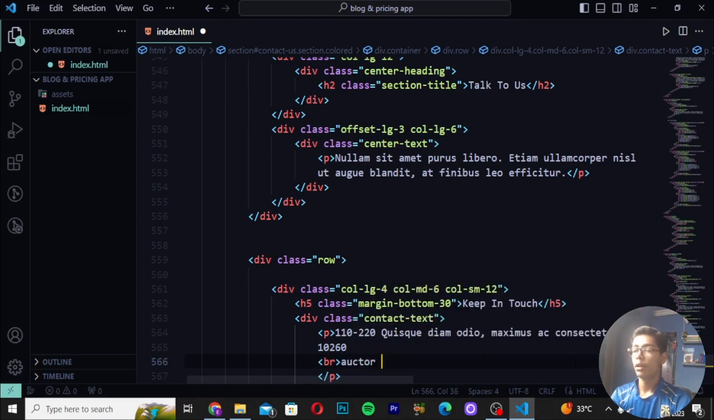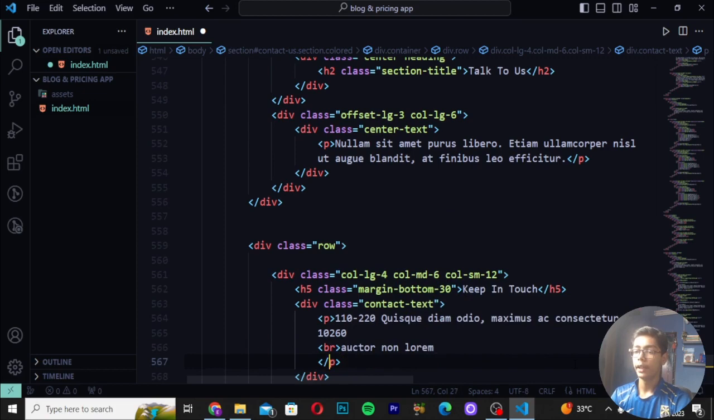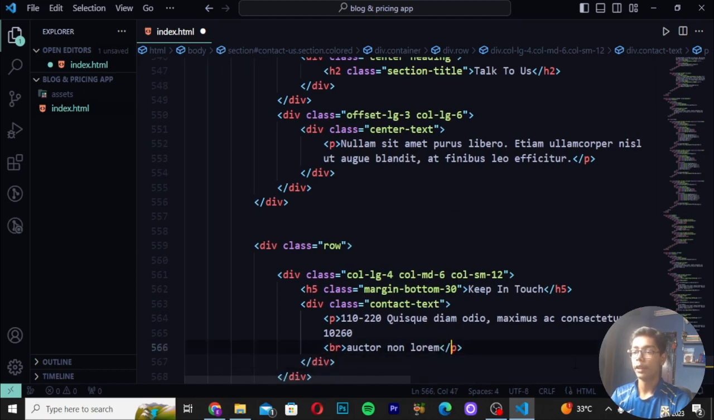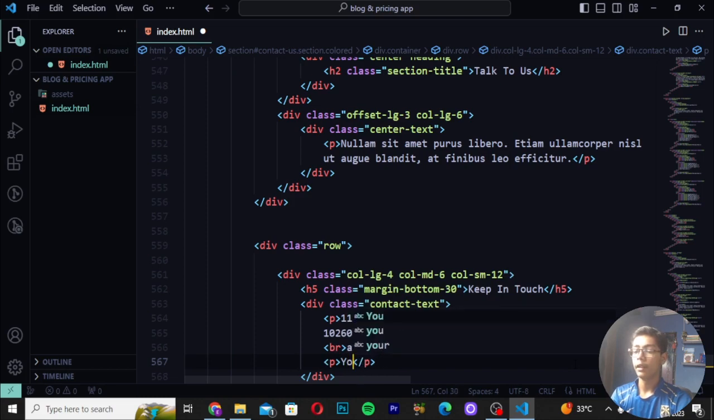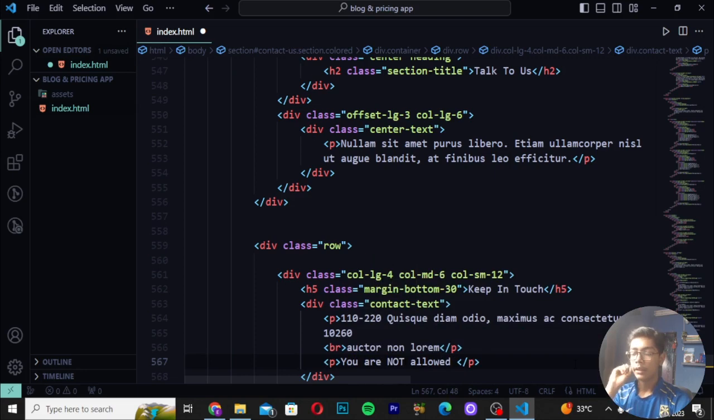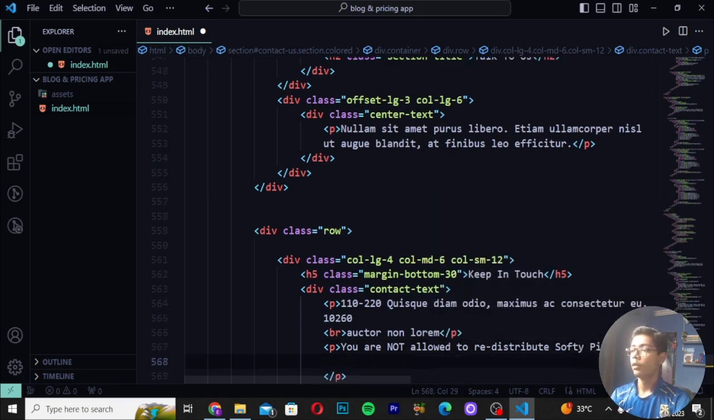Here I will be writing often non-lorem. Then you have to now just close the p tag here. So this is the p tag, and here I will be closing it. After doing that, you have to now create another p tag, and here I will be writing you are not allowed like this, and here I will be writing to read distribute, and write here softly info. Then you have to now just write here template on any template